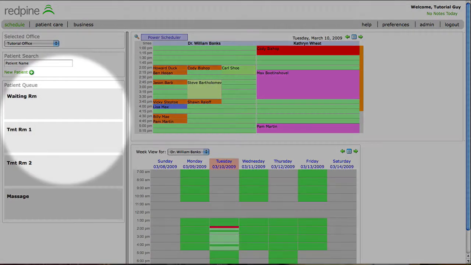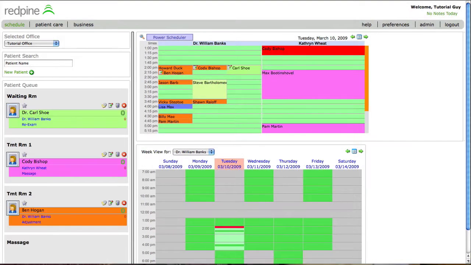The patient queue is used to manage your patient flow within the office. It tracks which patients are in what rooms. How long have they been in the practice? How long have they been in a specific room? Who are they there to see, and for which service? Automated processes ensure all of the correct tasks are completed upon check-in and/or check-out. Instant messaging for a specific patient, and even attaching a picture of the patient to be viewed here is possible.